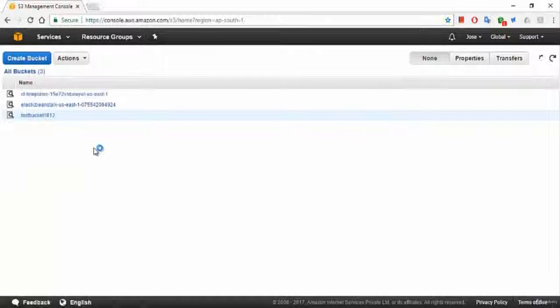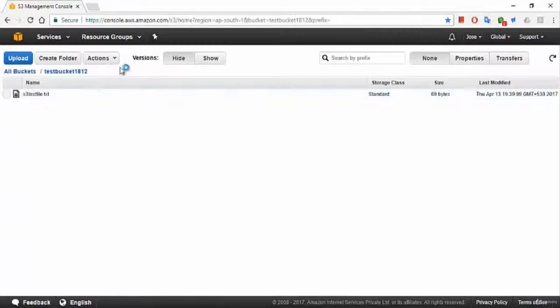The other benefit of removing the older files is cost, because S3 will charge for every GB of data you are storing in the S3 bucket. So it is better to delete the data or move it to some cheaper data storage, so that we can save some cost. So I will just click on this bucket,